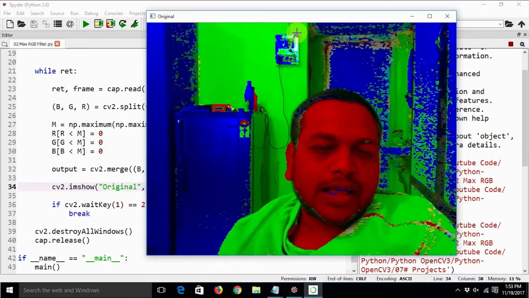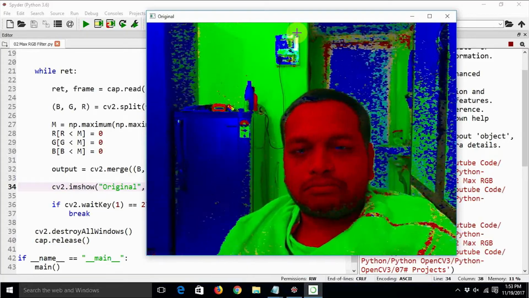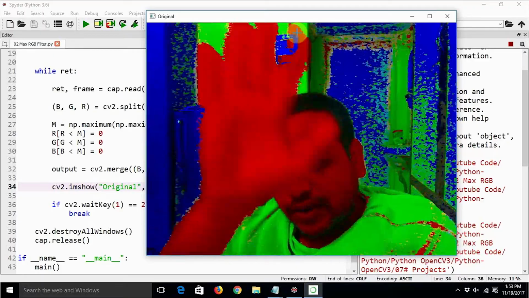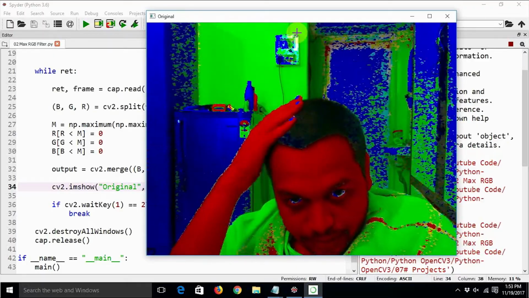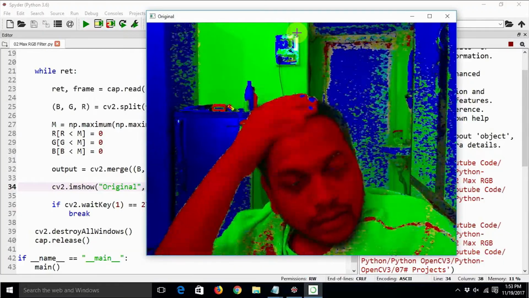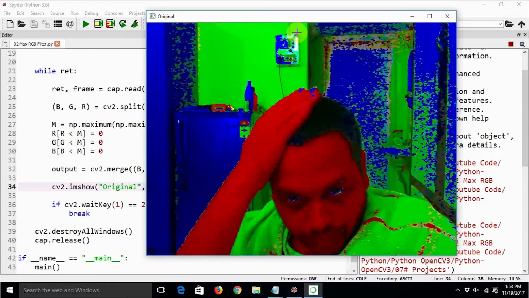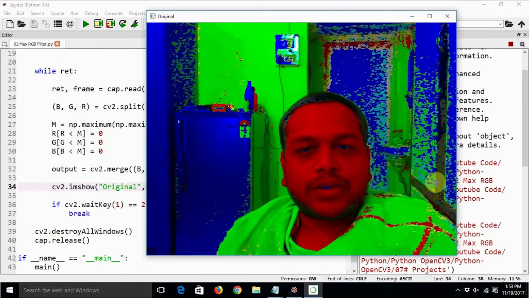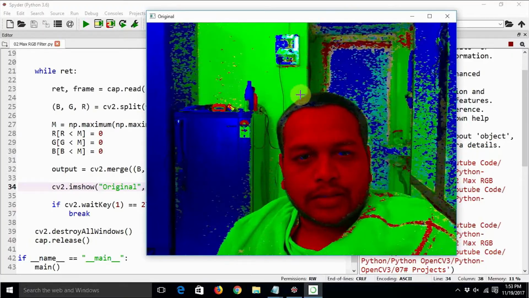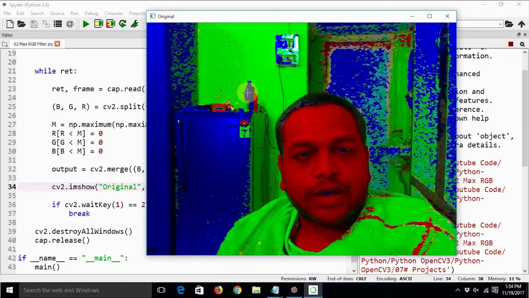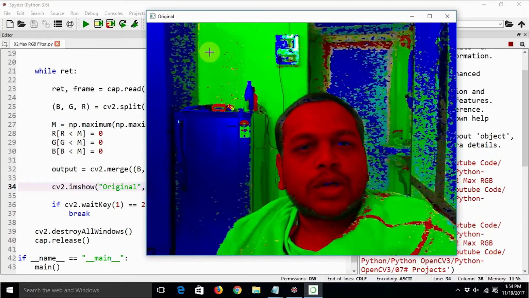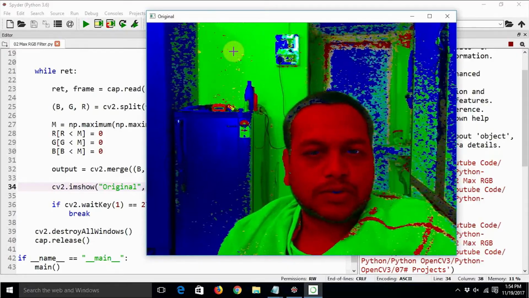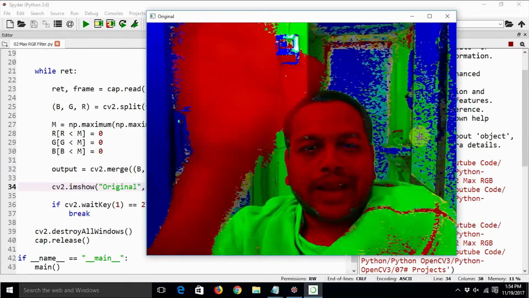See, the pixels representing our skin are predominantly red intensive. That's why my entire skin is shown red. My hair is always black, so that's why it is shown black, and for the pixels which are white, everything is white. This one is a bottle of Parachute hair oil, which is predominantly blue, and this is the color of the walls of my house. So this is how the max RGB filter works.